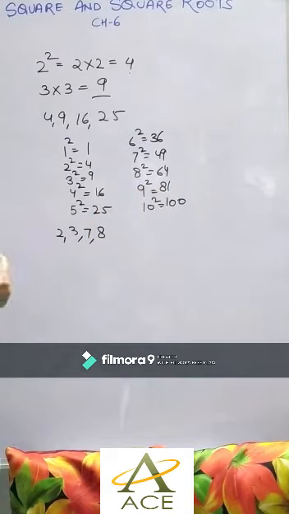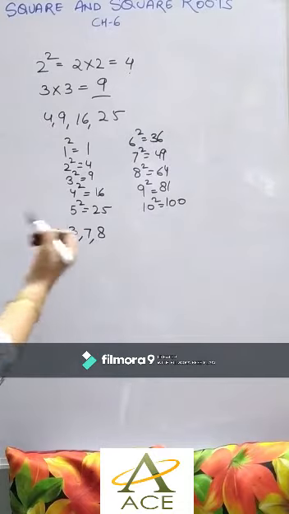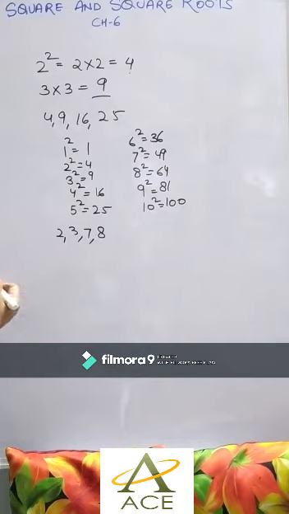And the perfect square will never have odd number of zeros. Now to find out that a particular number is a perfect square or not, we have to see its unit place. If it has 2, 3, 7 and 8 at its unit place, that means it is not a perfect square. Or if it has odd number of zeros. Otherwise, it may be or may not be. So this is the first property of square root.